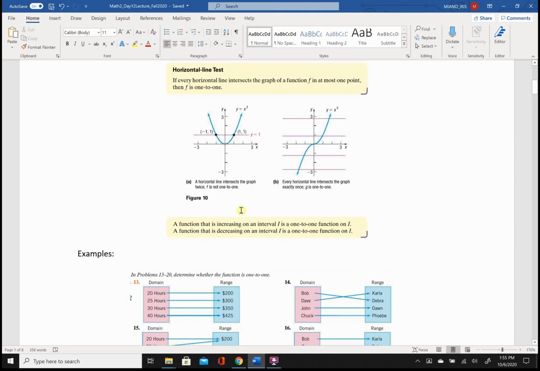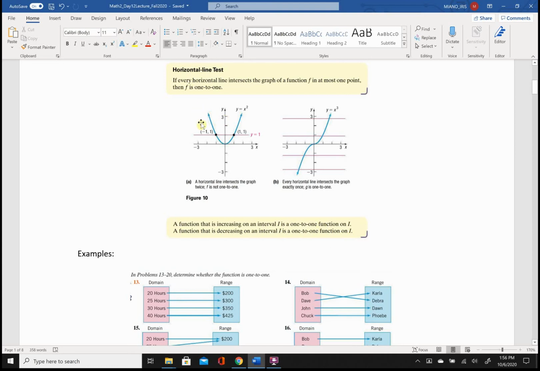So for instance, going back to figure 10 part A here, if we're just considering this y equals x squared relation from, let's say, 0 off into positive infinity, or anywhere out here, say from 0 to 2, for instance, on this interval right here of what we can see, we would say that within that interval, the function is 1 to 1 because it's only increasing on that interval. And the same is true if it's only decreasing on the interval. That's another way that you could say that at least on the interval, a function could be considered to be